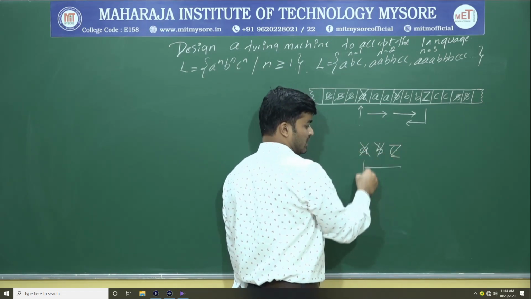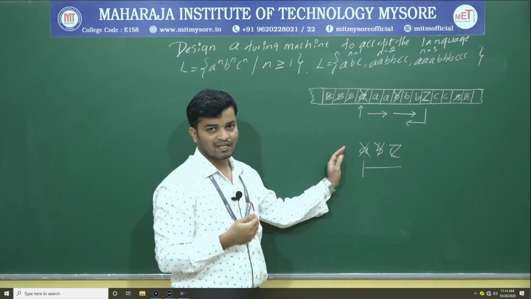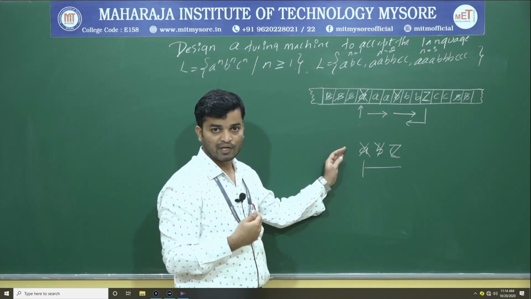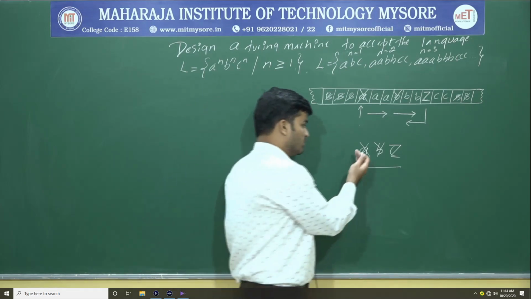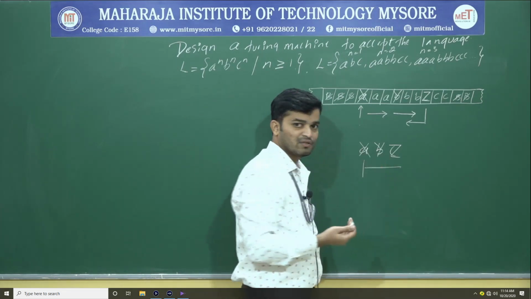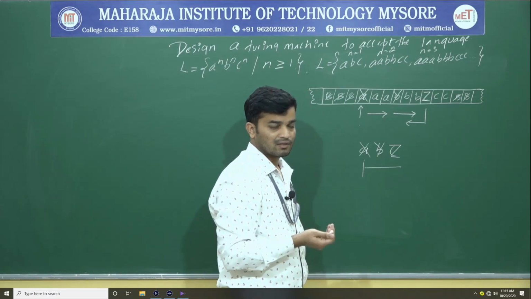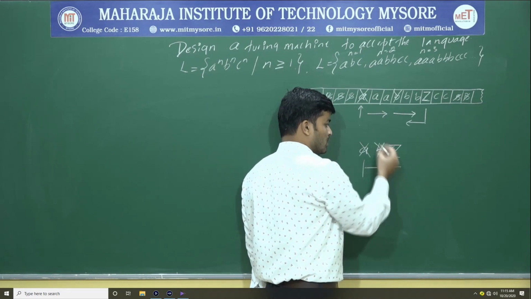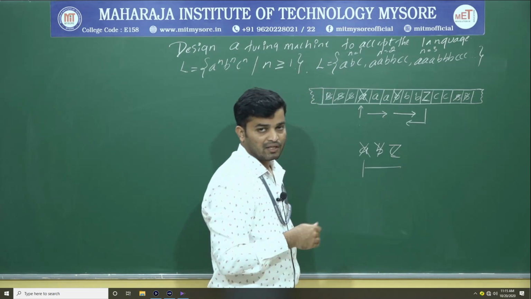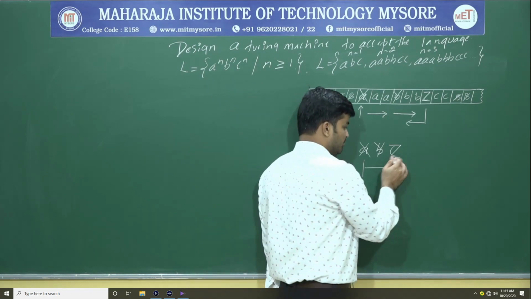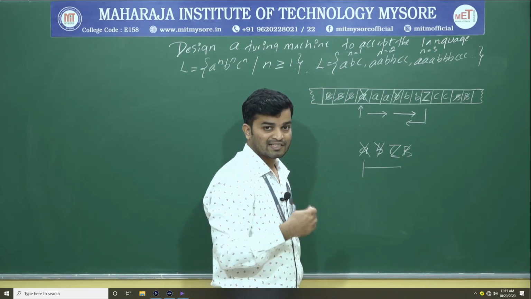Again I will come back till the last, leftmost symbol that was replaced, which is the a replaced with x. Once I get that x, that is the last leftmost symbol that was replaced. After x, if I immediately get a y, it means there are no extra a's in the given string, so the a's are over. After y, if I immediately get a z, it means there are no extra b's. After z, if you immediately get a blank space, it means there are no extra c's. So you can accept that particular string.